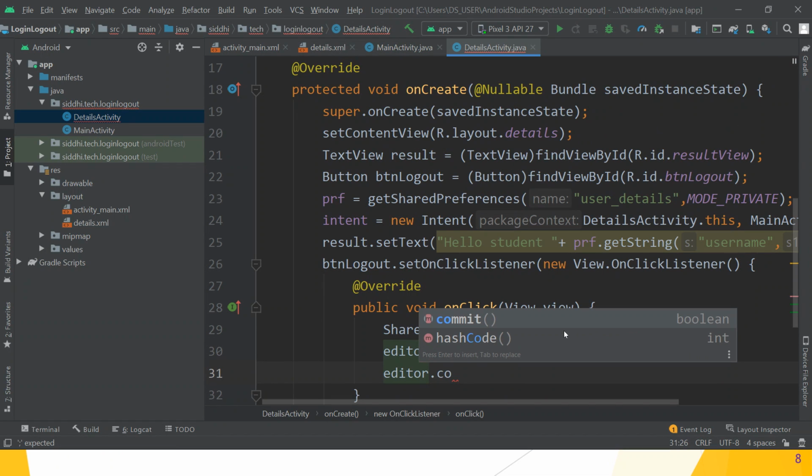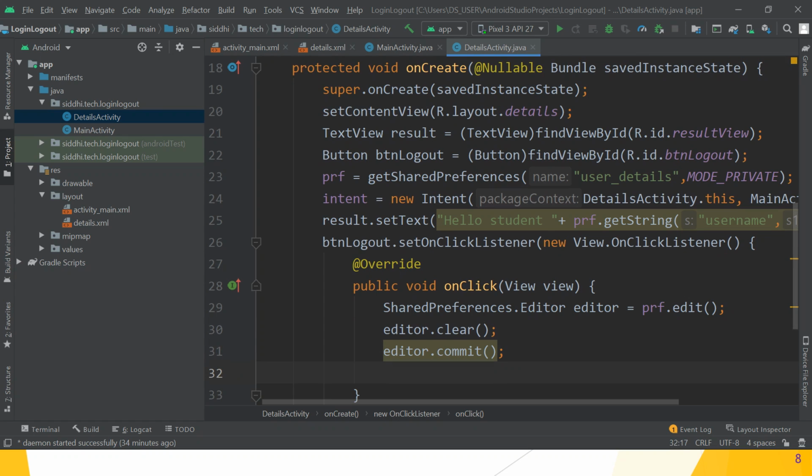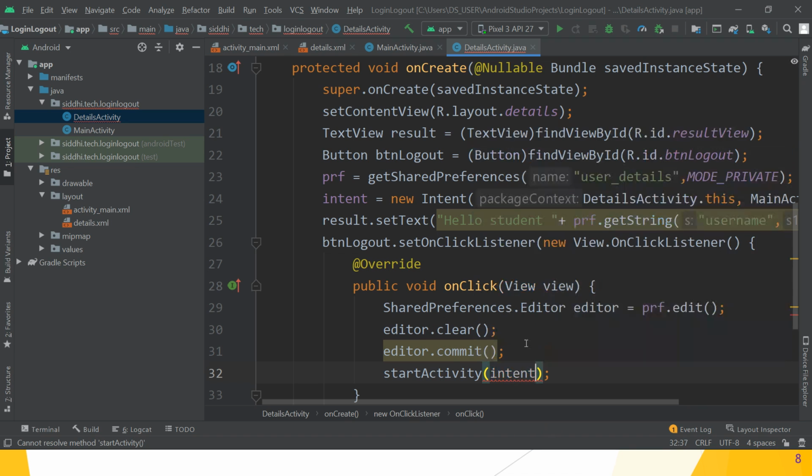Save the changes using editor dot which method? Commit method. And after that, we have to switch from the details activity to the main activity. Which method is there? Start activity, and pass the object of intent. So this is all about the details activity dot java class file.